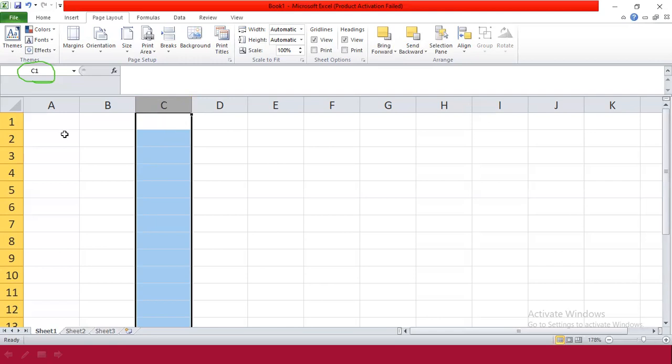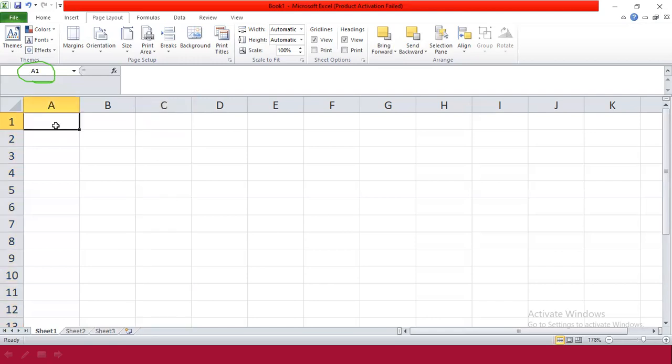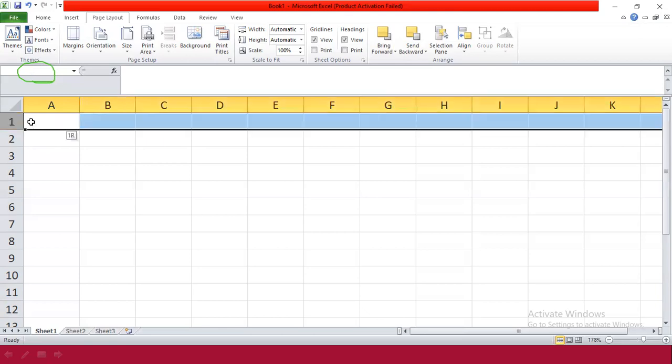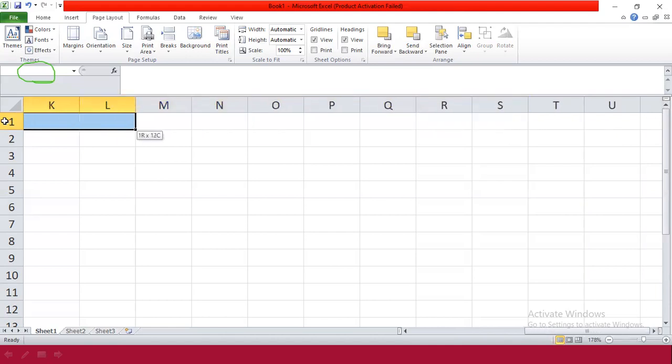Same way, if you want to select the entire row, like suppose I want to select the first row, to select the entire row we just need to use Shift and space bar key, Shift button and space bar key from the keyboard. So the entire row will be selected. Isn't it interesting? If we select with the mouse, then we have to drag a lot. It will take a lot of time.